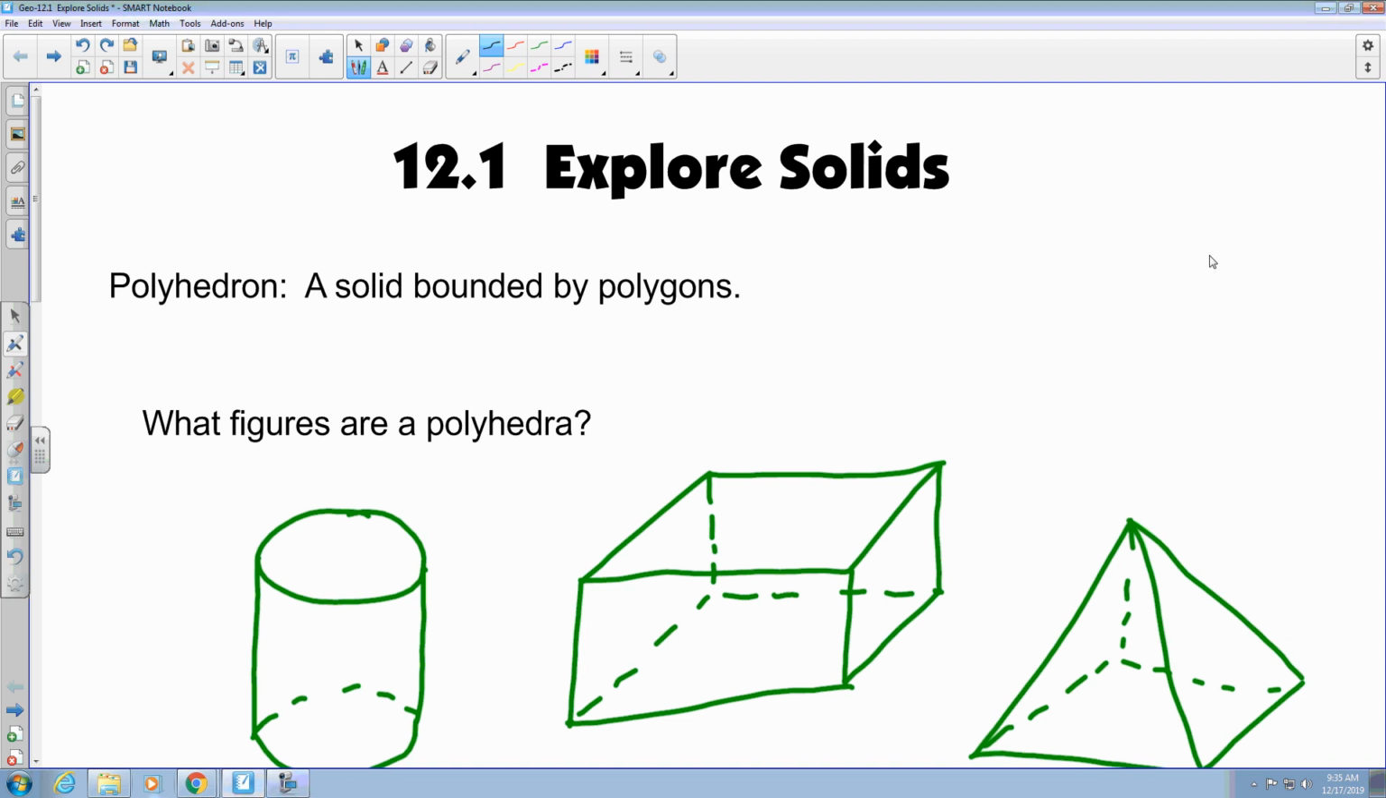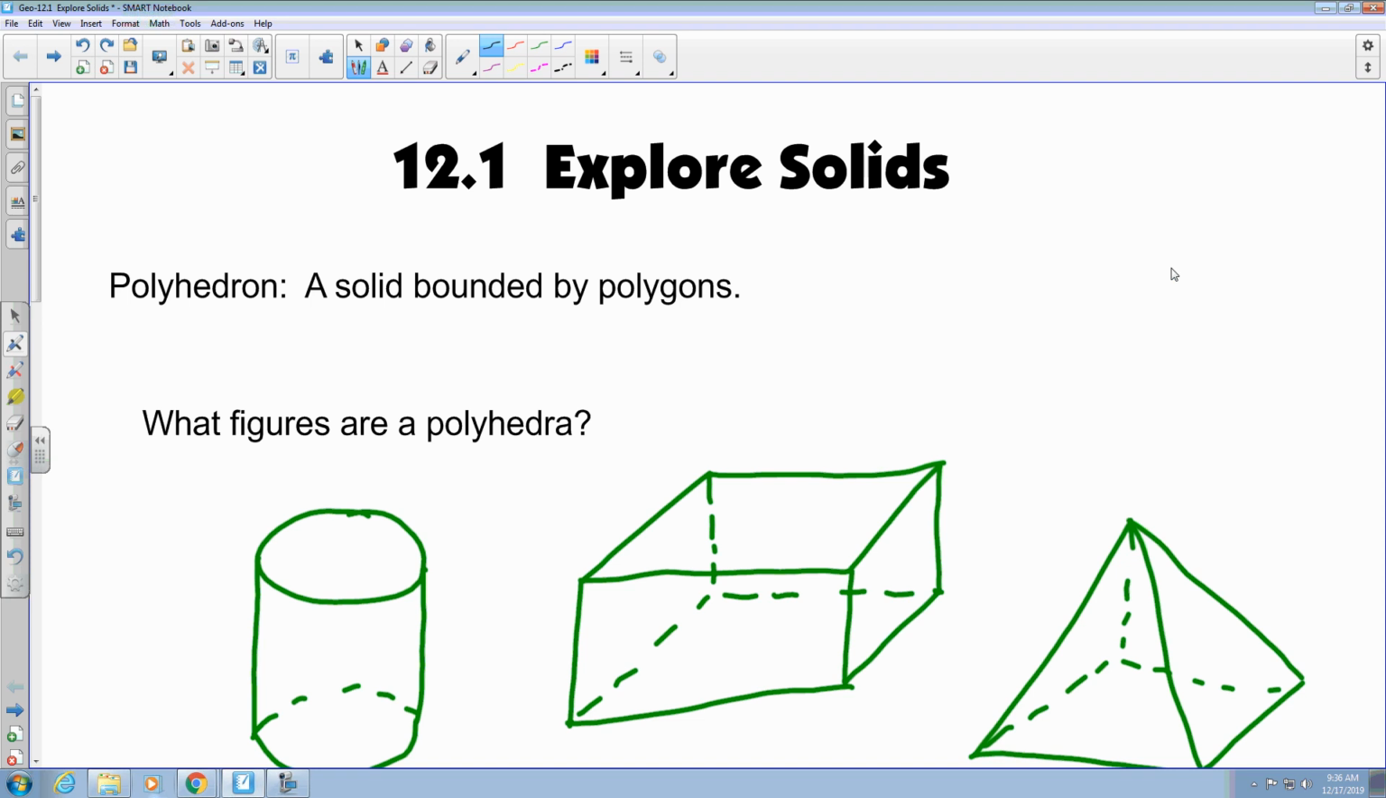All right, we're in section 12.1 where we are going to explore solids. So, up to this point, we have dealt with exclusively two-dimensional items. You know, we looked at area, we looked at different shapes, different sizes and stuff like that. So now we're going to dive into the three-dimensional world, and the first thing that we're going to look